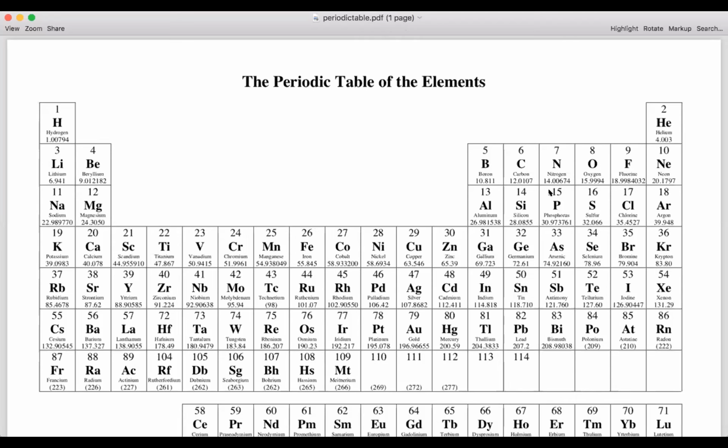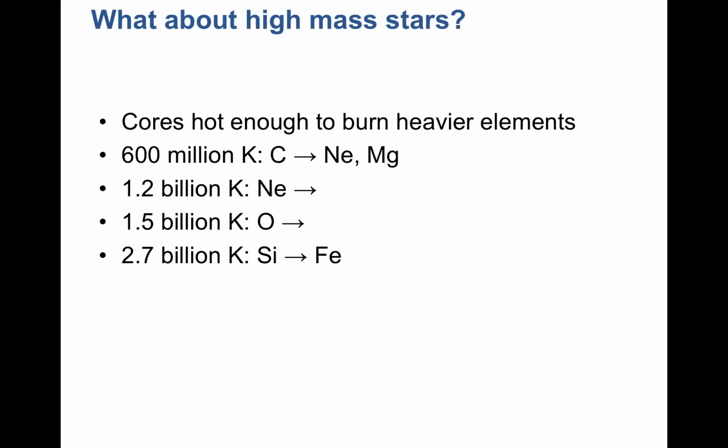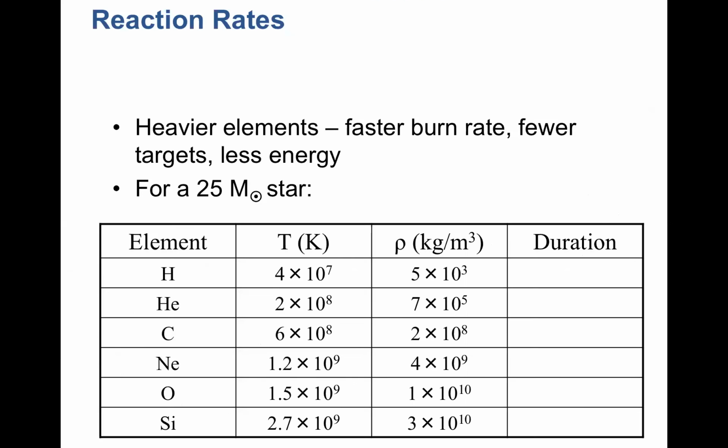Okay, let's go back to our slide, and we're thinking about all these elements burning. Here is, again, these numbers aren't important to memorize or to know really, but I think it's important for you to see them and see how this works. So here is the example of a 25 solar mass star, which is a very massive star. For a 10 solar mass star, the numbers will be different. The temperatures and densities will be a bit lower. The durations will be a little longer. For higher mass stars, these numbers will be higher and the durations will be longer. But you get the idea. Let's go through the processes for a 25 solar mass star and think about the conditions at the center of that star when each of these things actually happens.